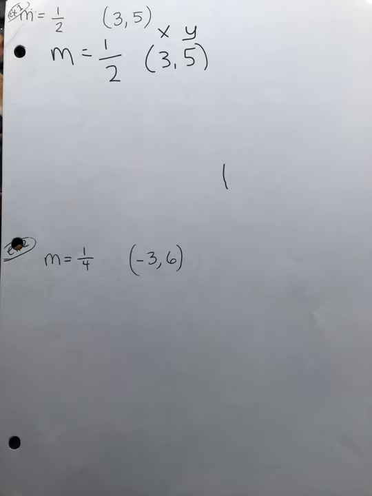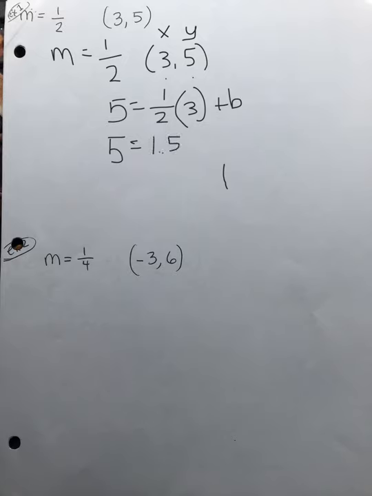Okay, so you have to put this into y equals mx plus b. So you have the x, you have your y. So y is 5. 5 equals m is 1/2. So that's right up there. Times your x, which is 3, plus b, because that's what we don't have right now. So 5 equals 1/2 times 3 is